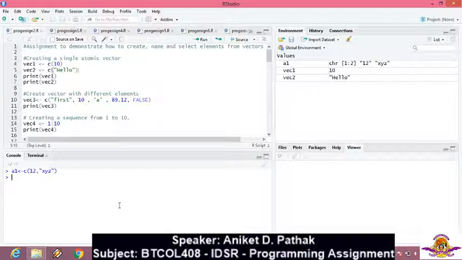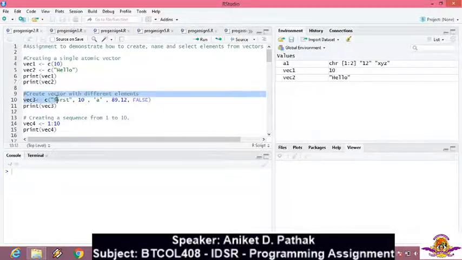Both of them are considered as characters. If I try to print it using the print function, that is A1, then I get my value: the first value is 12, the second value is x, y, z. So I clear my console, moving on next.